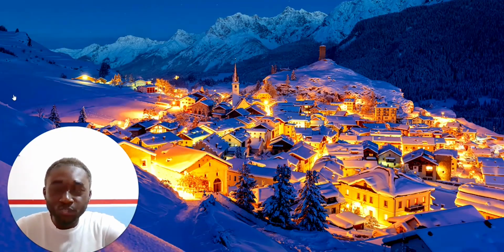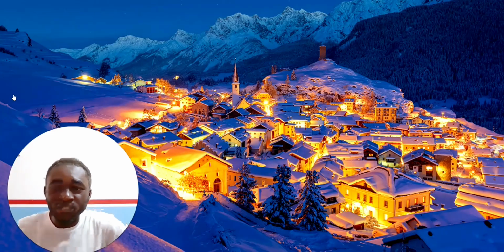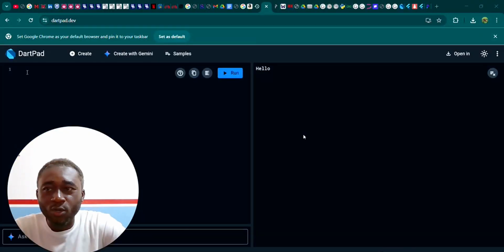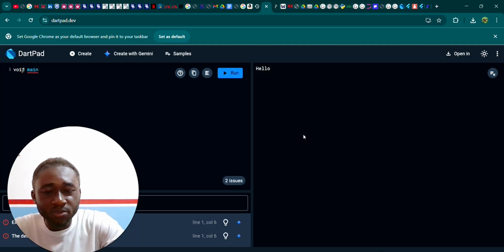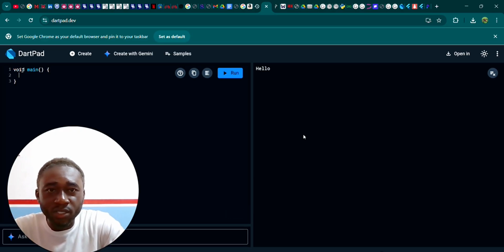So now let's move straight to some of the commands, little commands that you can just do in that. This is more about programming. So we just move in and then see how we can go about it. Okay, so let's try this one. This is a simple Dart programming language that anyone can just do, right? It's very simple. So let me just type print